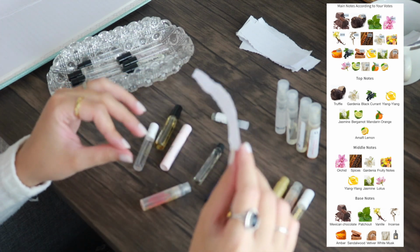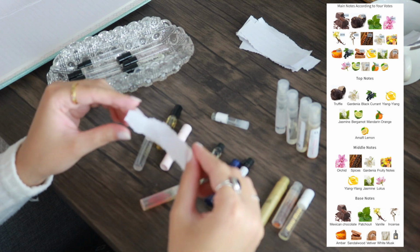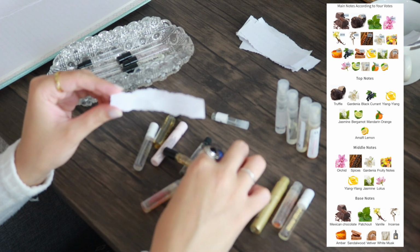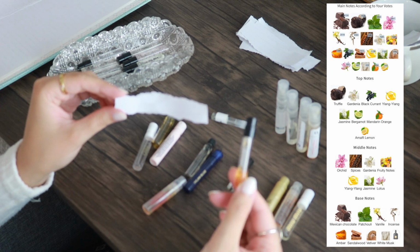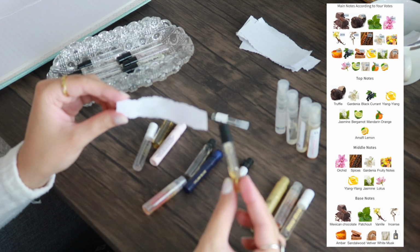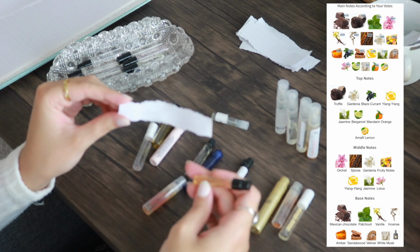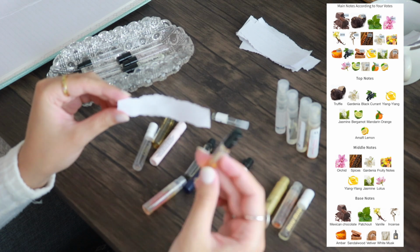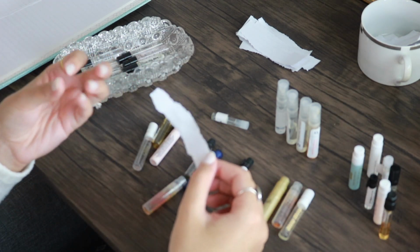This one has a little bit of a sharpness, almost like a medicinal quality, but it almost smells like this sample is starting to turn a little bit because I've had it for so long, because I use it so sparingly, because I don't want to run out of it. Just every once in a while, if I'm having a night out, I've worn this a few times, but I don't want to use it up because I really like it. So I think this one might be going a little bit bad. It just is starting to smell a little different, but it still has that classic